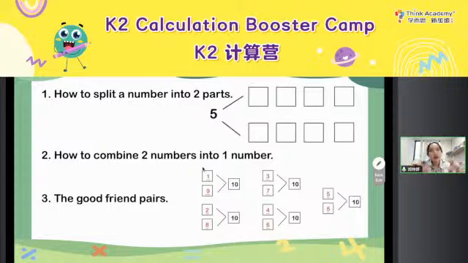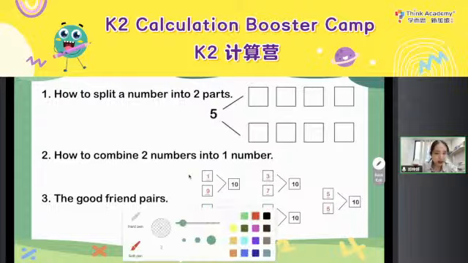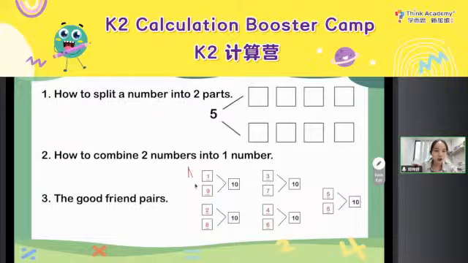Then we count 2 parts all together to get the whole part. And also, a very, very, very important thing is for you to remember all these good friend pairs. All right. So now this is the end of lesson 4 and also the end of the calculation booster